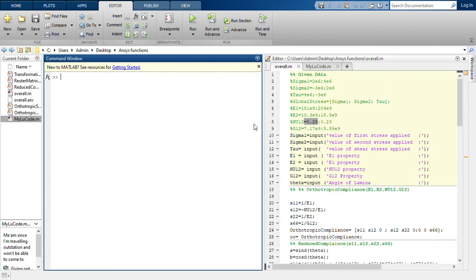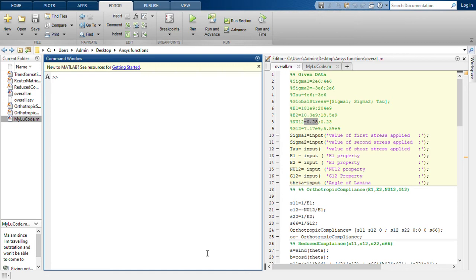Hello, this is Pranay Singh Tomar from the MTech program, and this is regarding the assignment that was given to me to make a MATLAB code in order to solve a problem. The problem given in the assignment is very similar to example 2.7 on page 113 of the book.